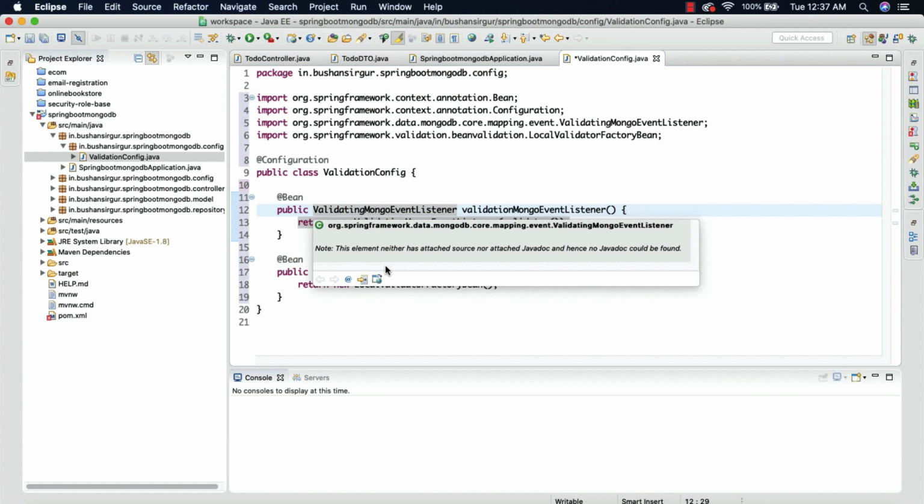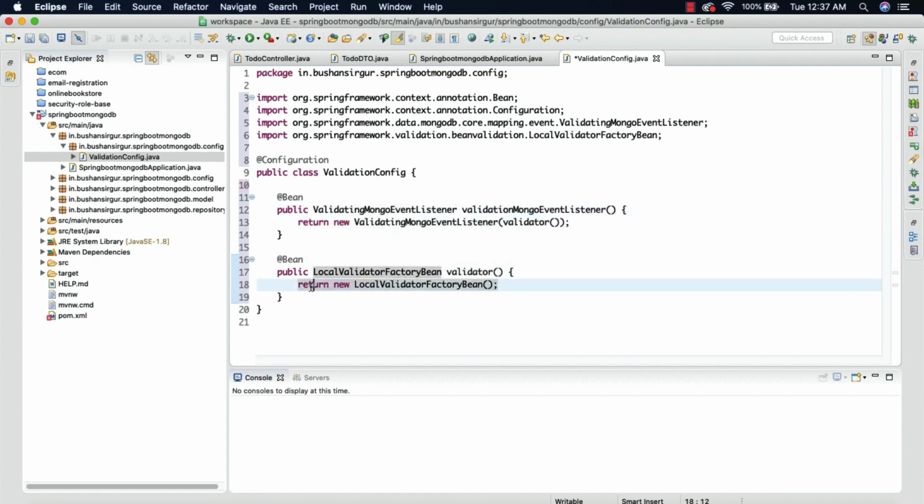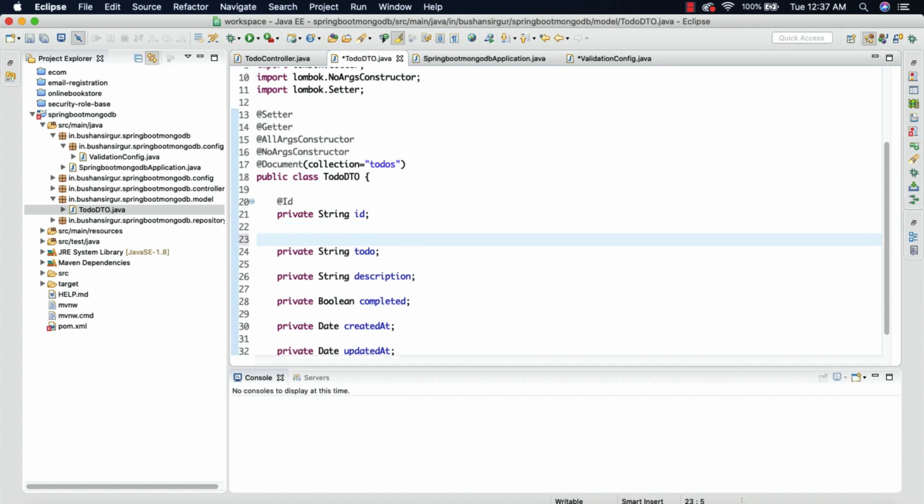So for which fields are null values not allowed, we're going to do that in the ToDo DTO. We are going to annotate with @NotNull, and we can provide a custom message as well, which is: todo cannot be null.